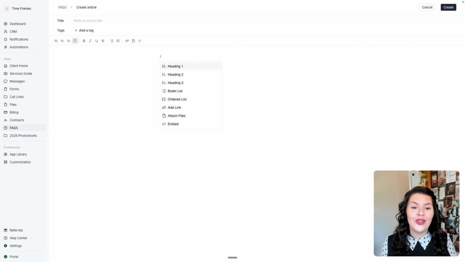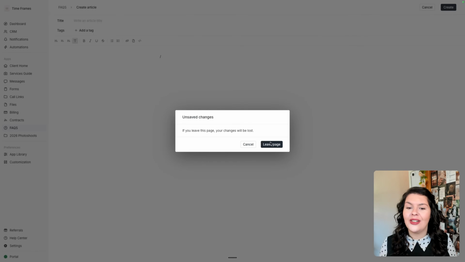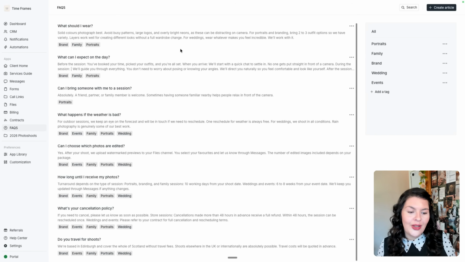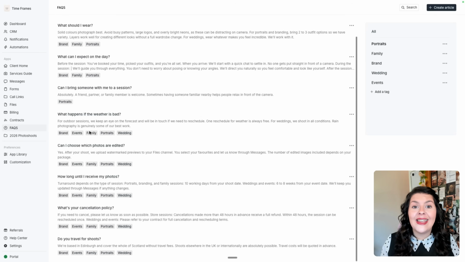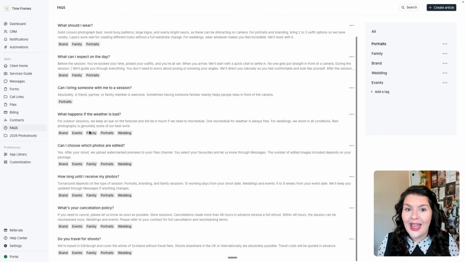You can use your slash command to bring up your content blocks. You can add titles, and you can also tag different articles. So if I leave this page now, you'll see I've got different questions and answers here that people can click into. They're also able to quickly see who this applies to. The great thing about having a help desk or an FAQ section in your portal is that leads and clients get instant access to support, and you don't have to spend your time answering the same